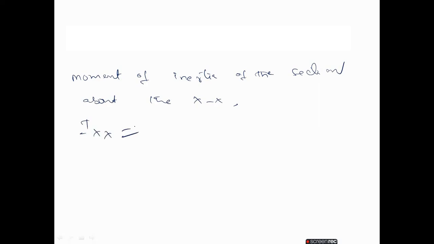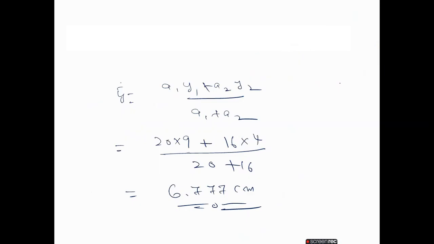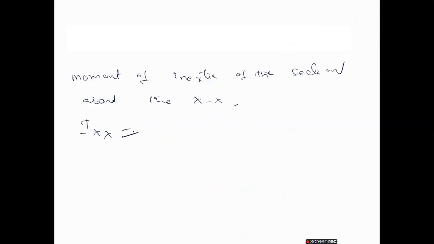Ix is bd cube by 12, where b is total 10, but d is, if you remove the flange up to here only, that is 8. So b is 10, d is 8, bd cube by 12 plus,